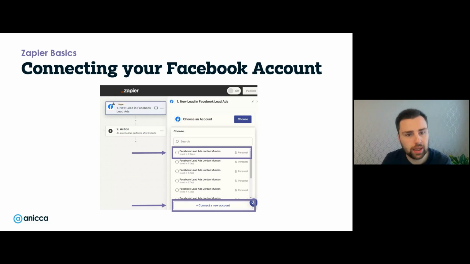And then what you'll do here is you'll log into your Facebook account that is connected to your ads manager and your Facebook page. So for both of these, you need to be admin. I believe there's some limitations of like 7 days you have to be admin for in the business manager and things like that. But yeah, if you're admin in both of them, then you can connect that account, and you'll then start to see,